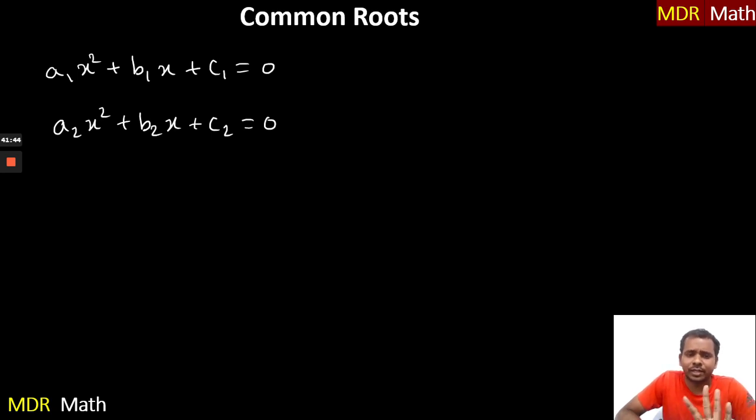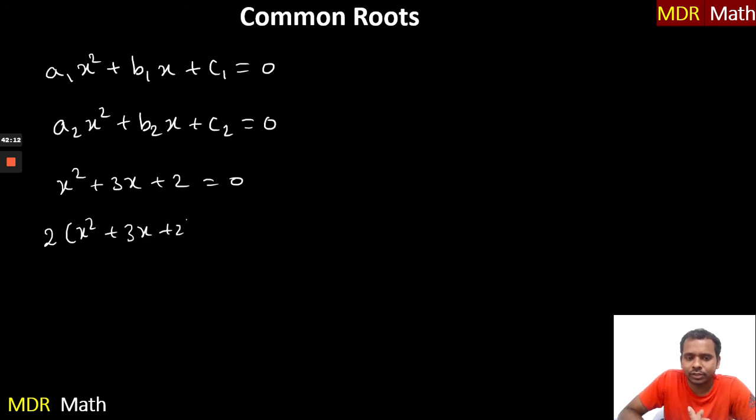Both the roots are common means both the roots are equal. Both the roots are equal means both the equations are same, maybe similar. Similar means what does it mean? Suppose I have something like x square plus 3x plus 2 is equal to 0. So what is the similar condition? If I want to have another quadratic equation with the same roots, then you may have to multiply with some number. Maybe let's multiply with 2 into x square plus 3x plus 2 is equal to 0. This equation also has the same roots, even though the coefficients are different. What are the coefficients here? 2x square plus 6x plus 4 is equal to 0.